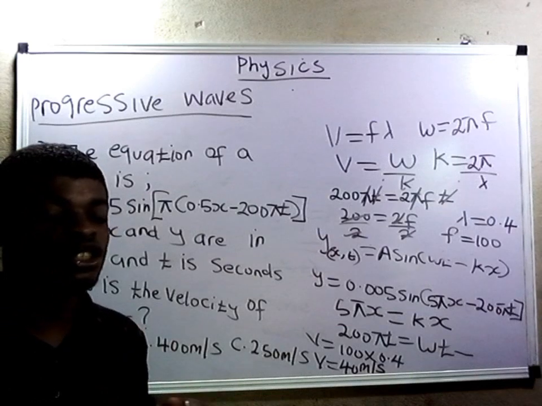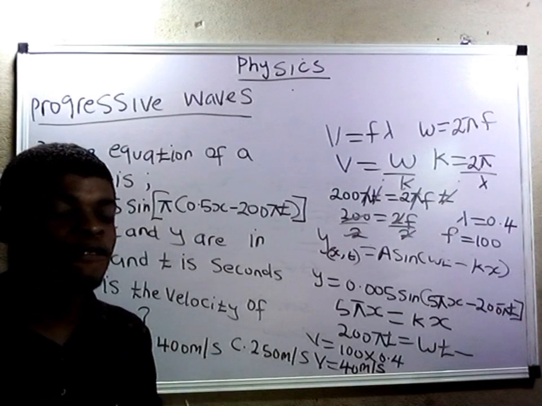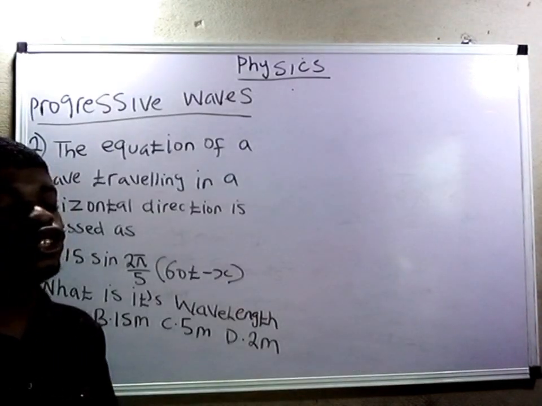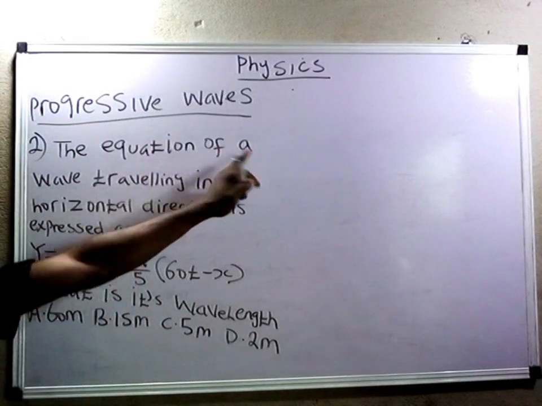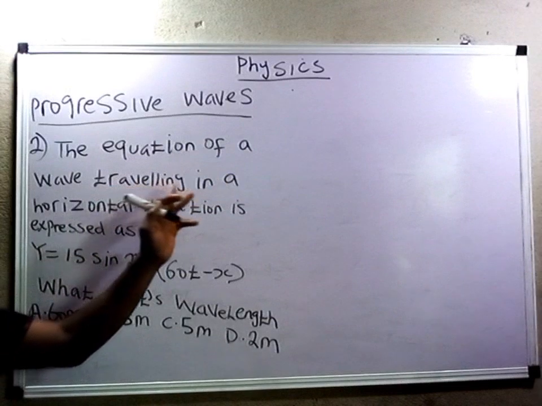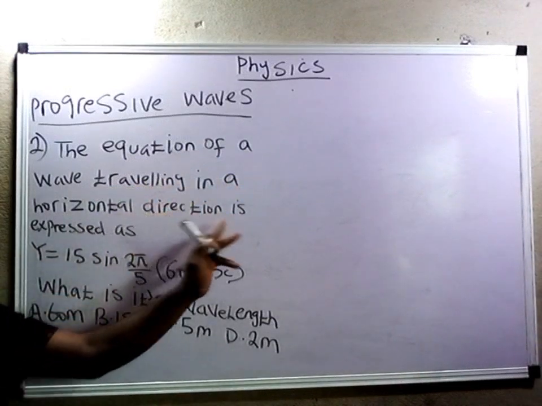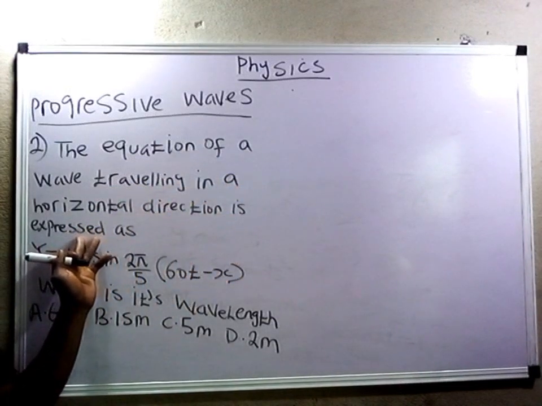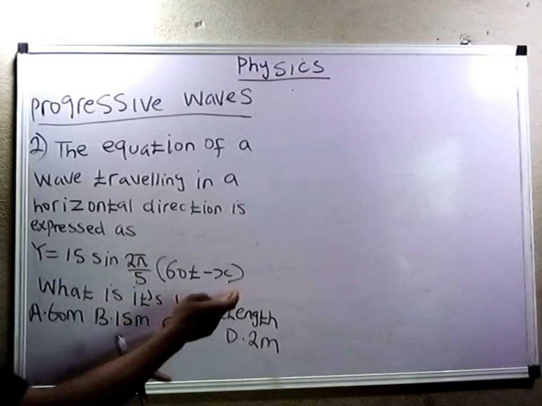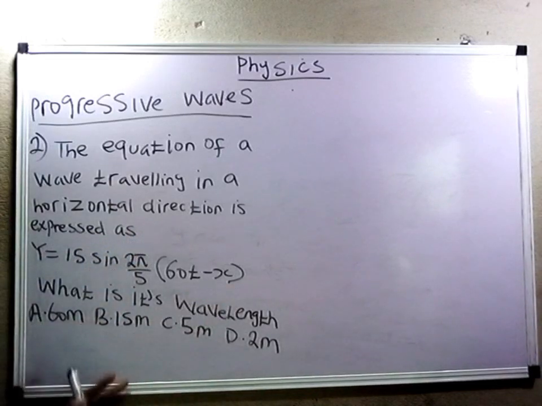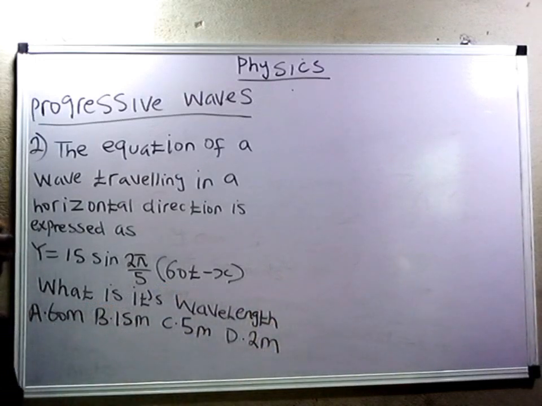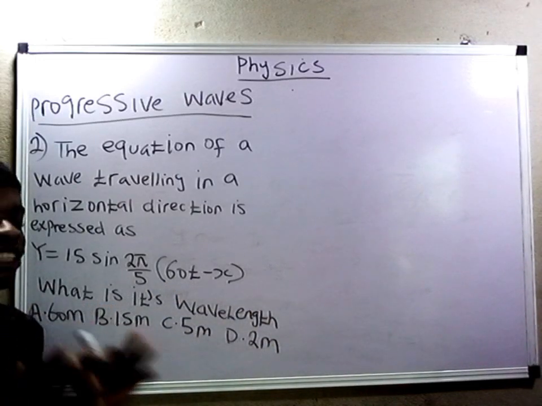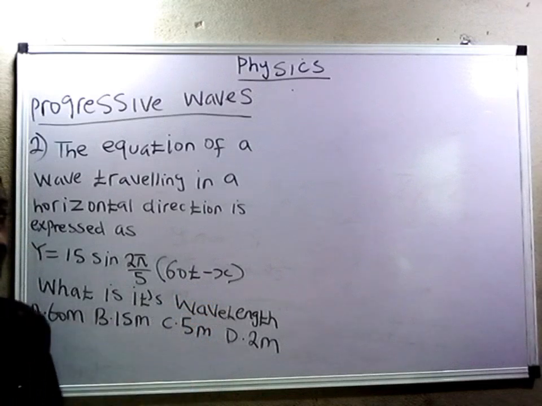So let's take question 2 pertaining to this video lecture. Okay guys, this is question 2. I read the question: a wave traveling in a horizontal direction is expressed as this, the equation of the progressive wave being given. What is its wavelength? So looking at it, you have to know the original equation of a progressive wave, which is